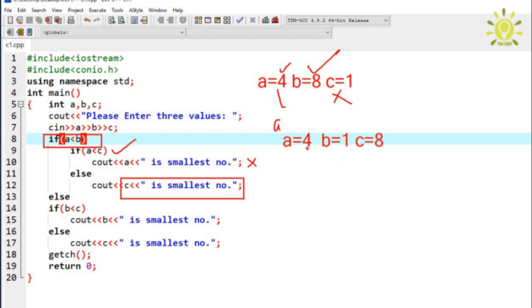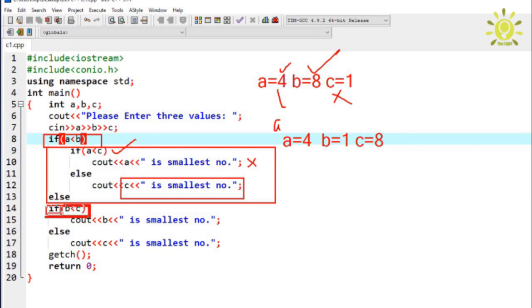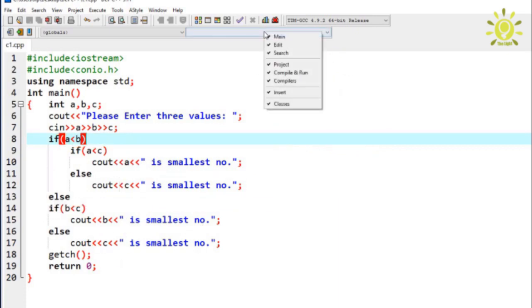You can see that a is not less than b, so this part is skipped and not executed. Control moves into the outer else's if statement. It checks b less than c. That is true, b is actually less than c, so this is printed on the screen: b is smallest number. If it's not, then the else part is executed.